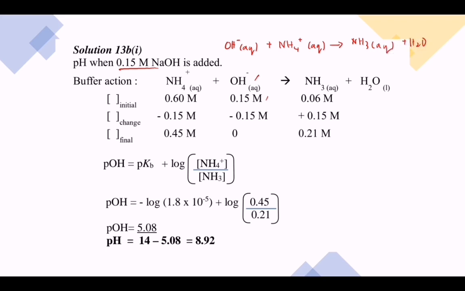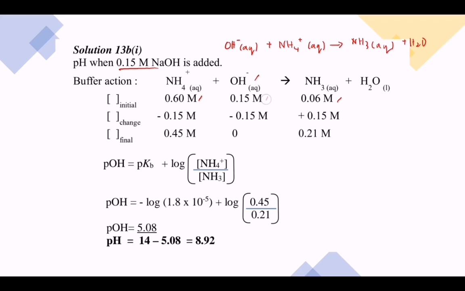Now just construct the ICE table. So just write the concentration of NH4+ present in the buffer solution from question A and the concentration of ammonia from question A. So this is the initial concentration of the buffer solution. So we have 0.15